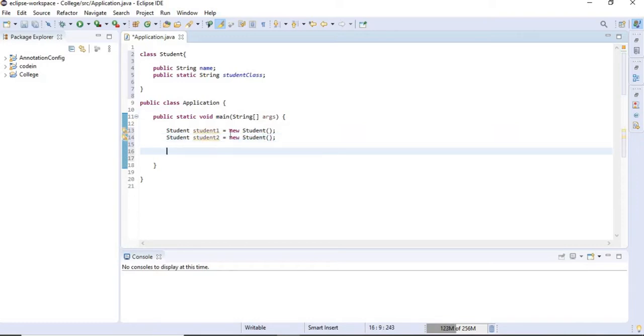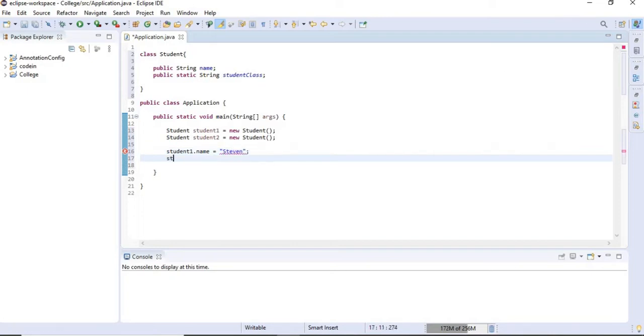Now each of our objects has a copy of our string variable name. So if I say student1 dot name equals Stephen, and student2 dot name equals Daniel,